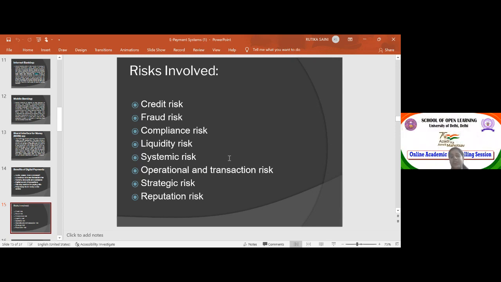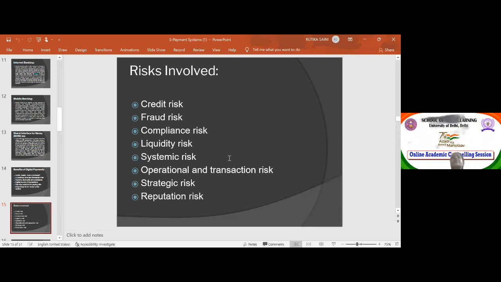Liquidity risk. When you keep all of your money in the account or in the wallet, it always has the liquidity risk because you do not have the cash with you in your wallet. Sometimes the internet does not work, sometimes the phone goes out of charge. So that is why you need to have some cash in your wallet, and the e-payment system involves the liquidity risk. Then we have the systematic risk